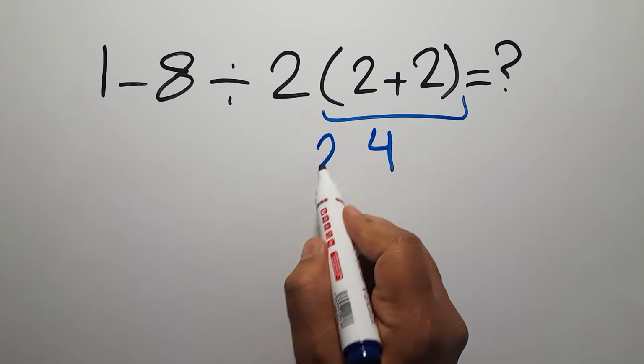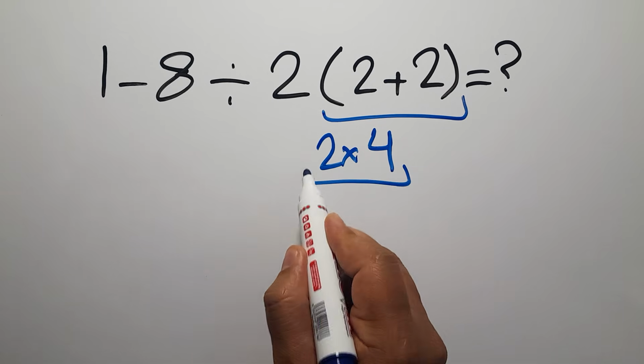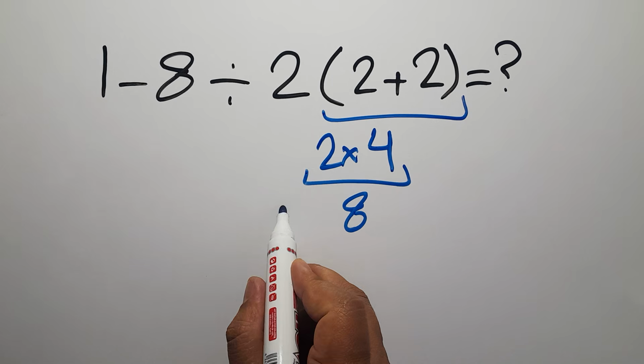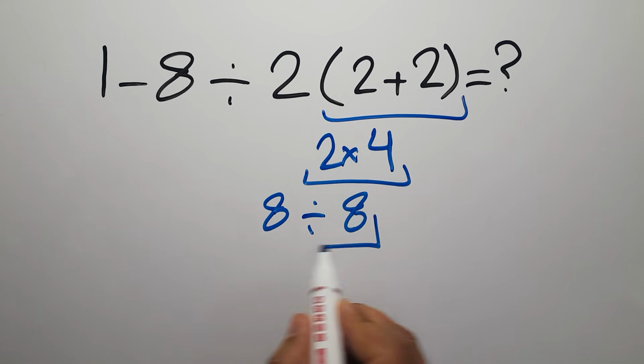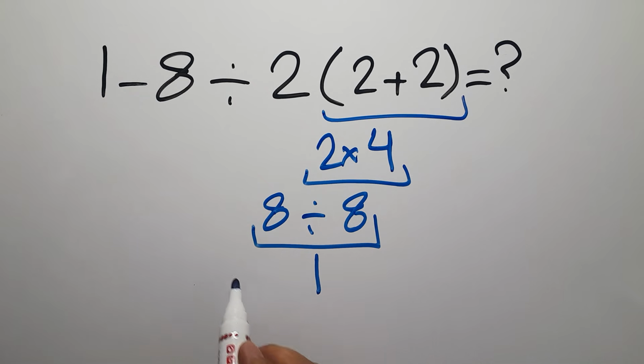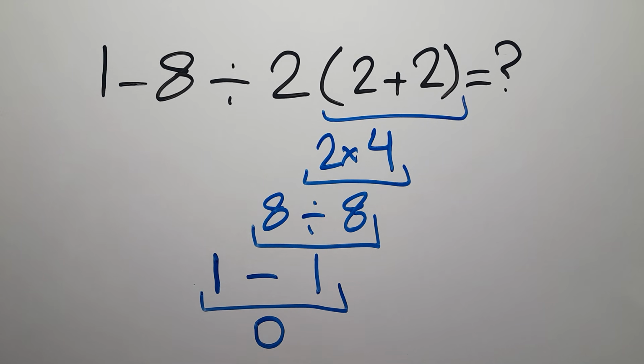So 2 times 4, which equals 8, and 8 divided by this, which equals just 1. So 1 minus this, that means 1 minus 1, and this is just 0. But this answer is not correct,